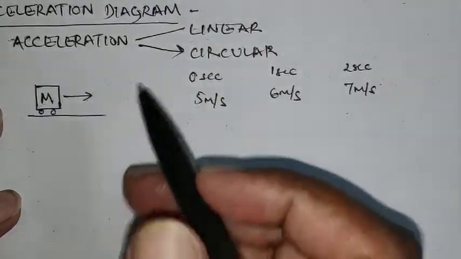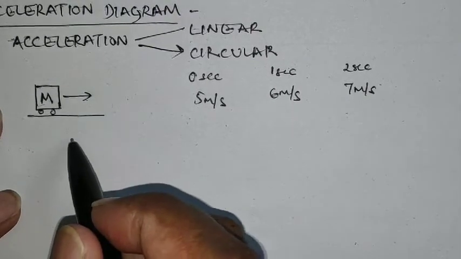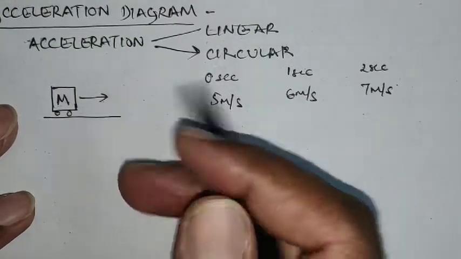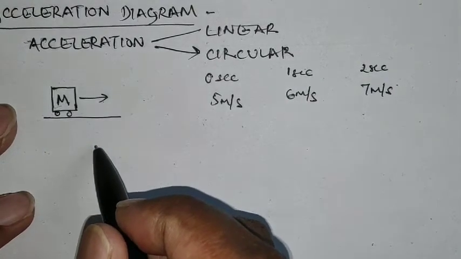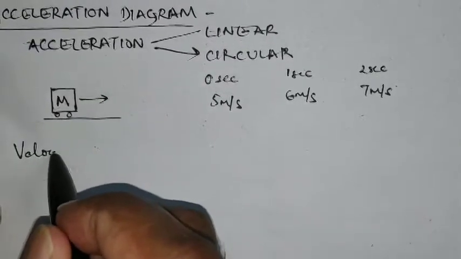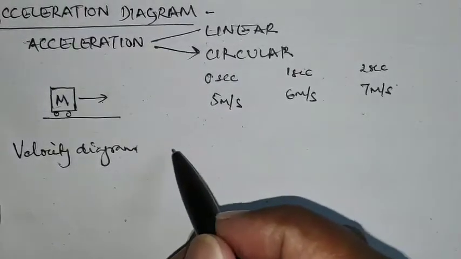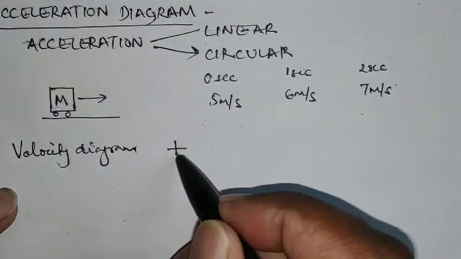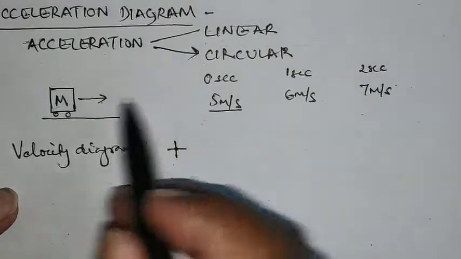The velocity at the 0 instant could be shown with a vector, and that vector is called the velocity vector, or sometimes it's called a velocity diagram if it is for many links in a mechanism where you need to find the relative velocities of each of the links. So a velocity diagram is basically a velocity vector, which is shown this way. For the velocity vector at this instant it is 5 meters per second, in this direction.